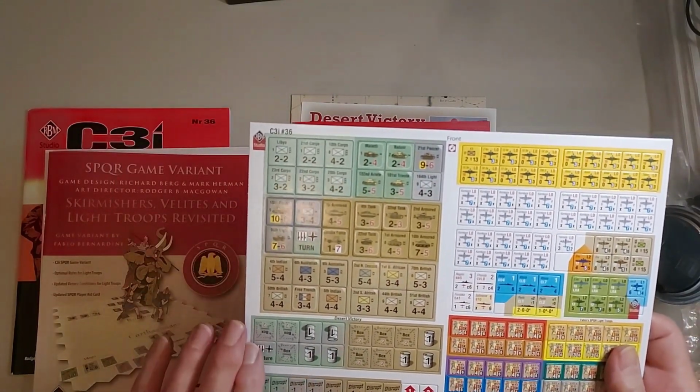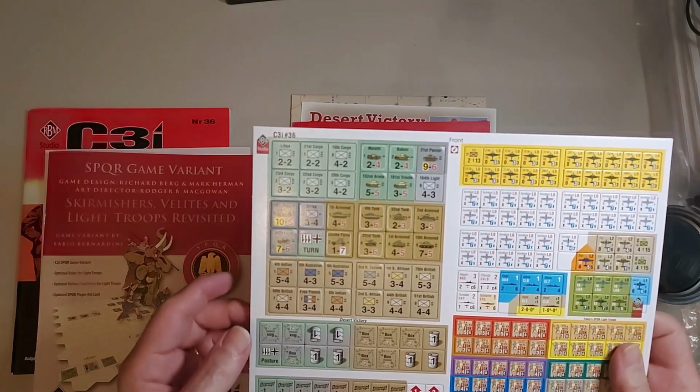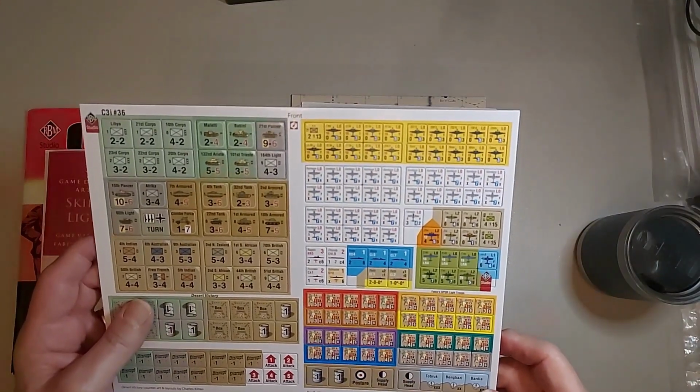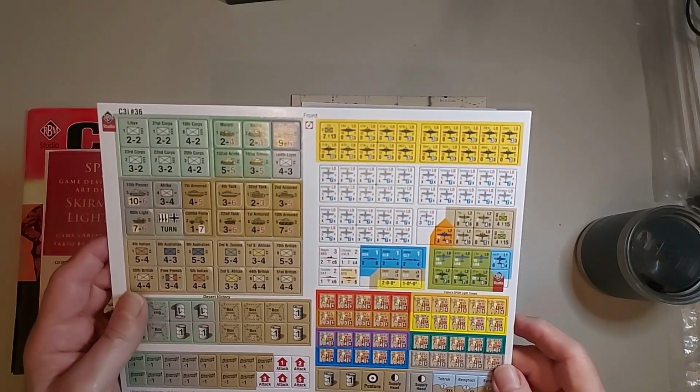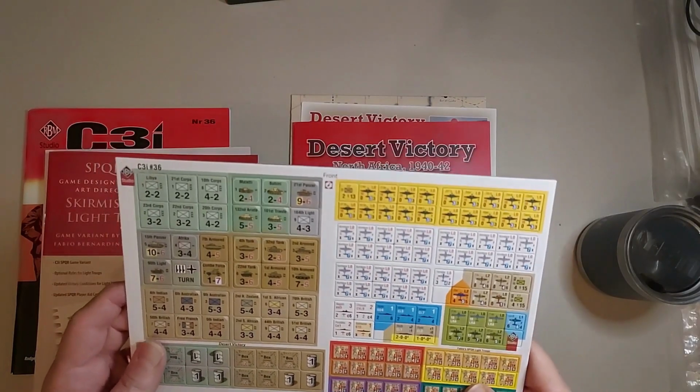Everything counts, I guess. We got this box concept here, disruption. Looks like supply is a big deal. Here's the light troops for the SPQR variant. And this is,